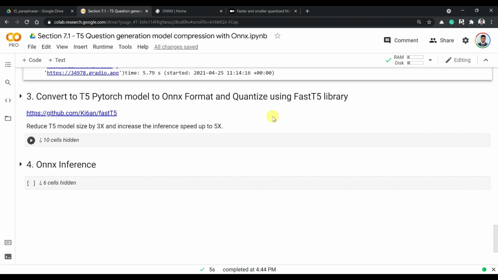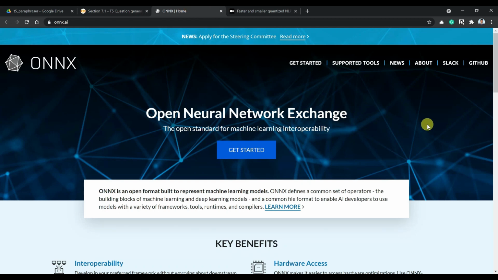In this section, we will see how we can convert a T5 transformer model, that is the PyTorch model that we generated from our training, to ONNX format and also quantize it using the FastT5 library. Now one thing to remember is that ONNX stands for Open Neural Network Exchange.